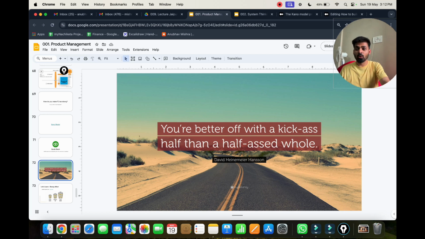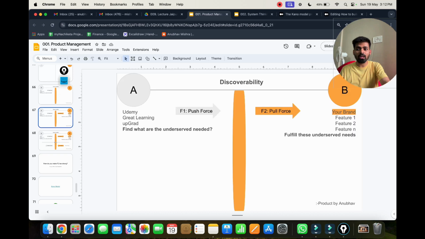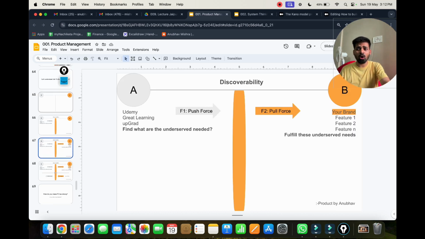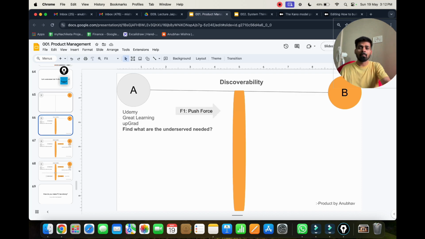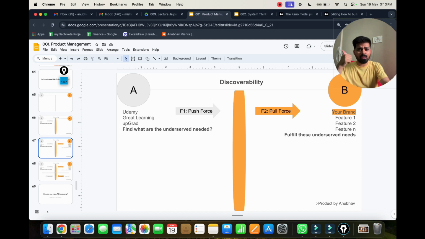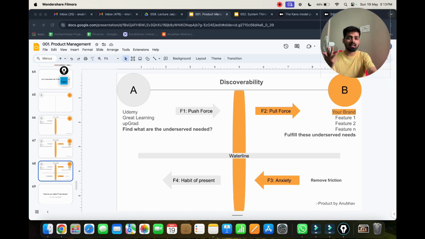So I hope you enjoyed this framework, and it's a very great framework. It was shared by Bob in one of Lenny's newsletters, so I give credit to him. But again, to tell you about this framework, I connected systems thinking, jobs to be done, and the Kano model, all of that. So the last and very important thing, whenever you are creating must-have features, make sure you are following the Kano model of must-have, then performance, and then the delighter part.